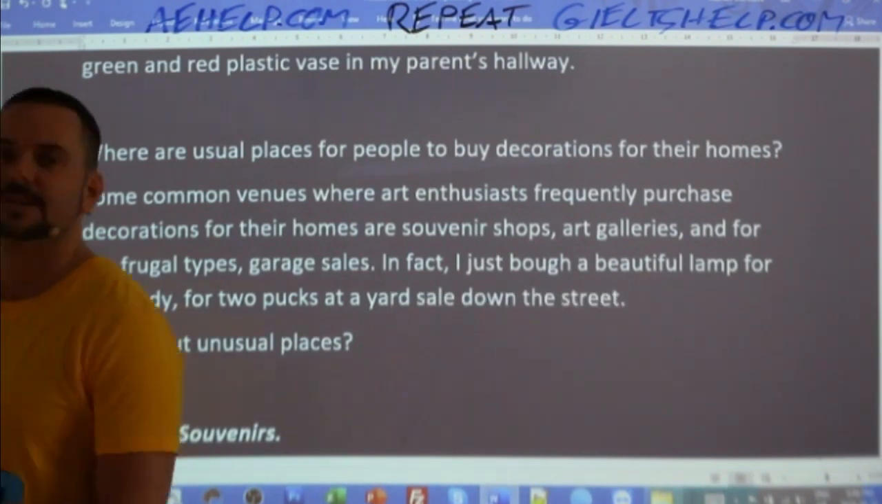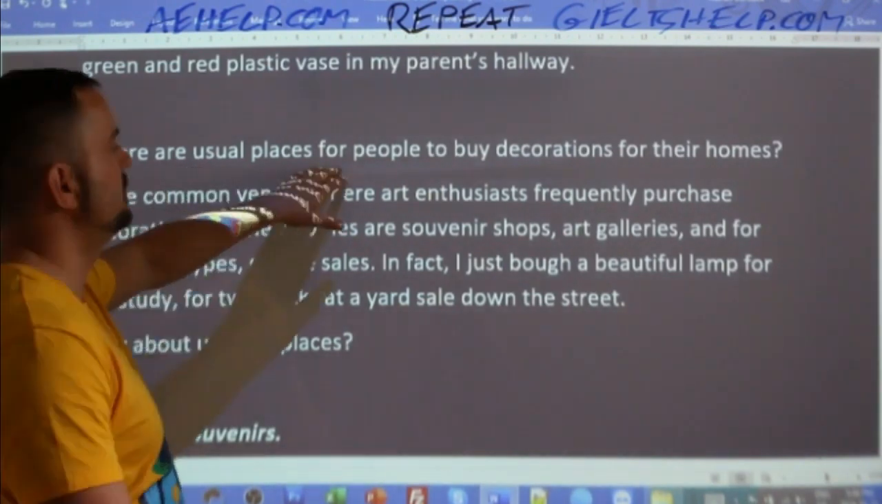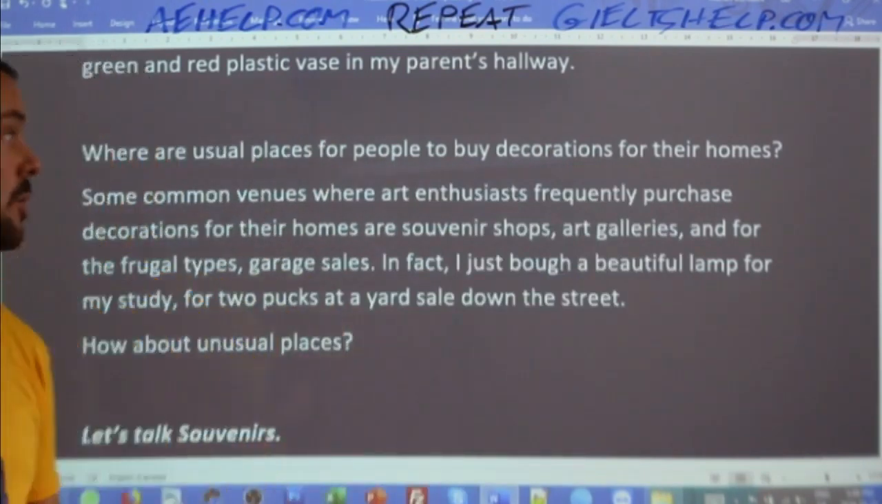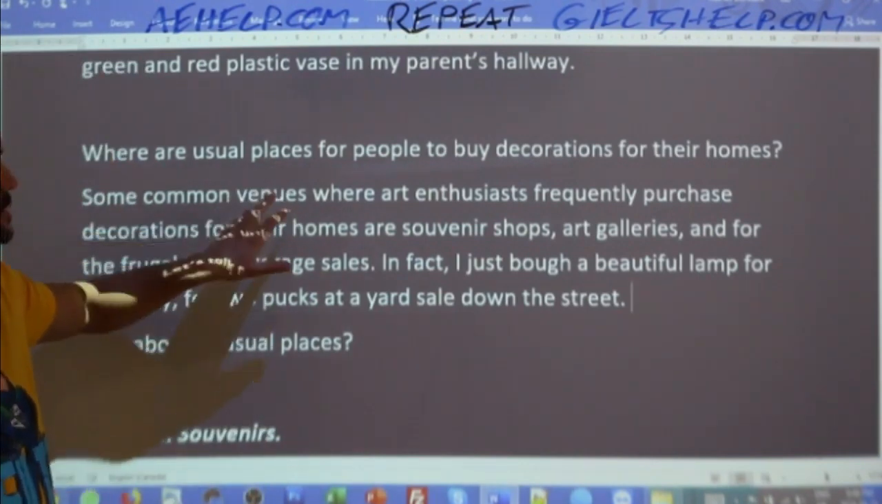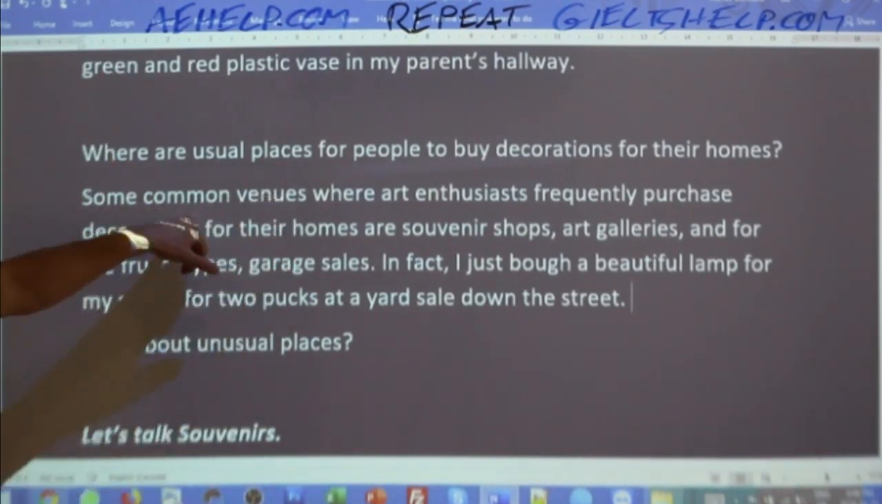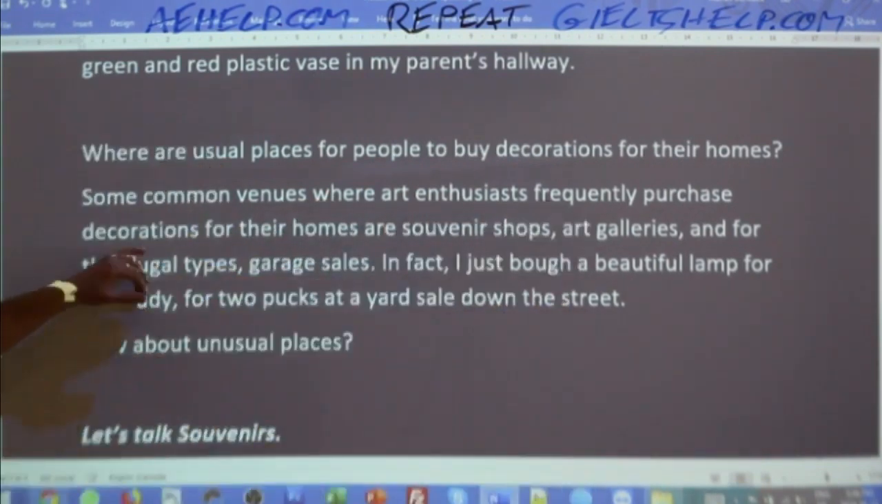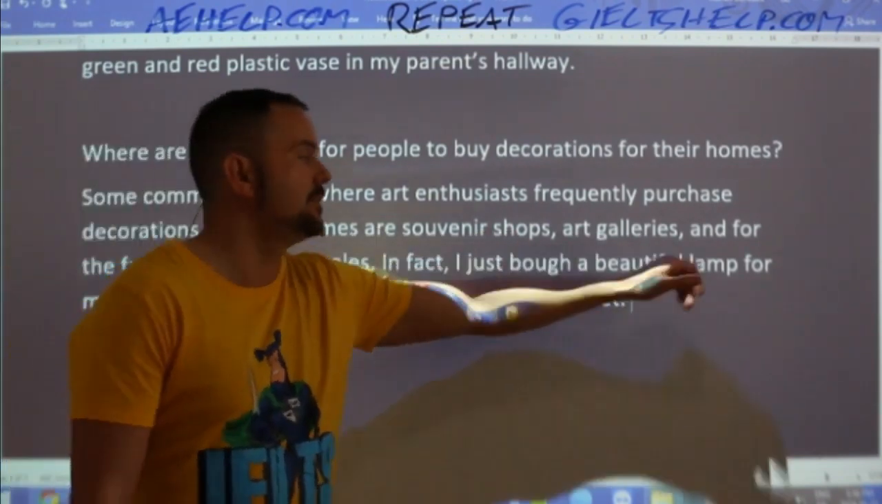All right, so here we go. Rahul, you said art gallery. Good for you. Repeat after me, students. Where are usual places for people to buy decorations for their homes? Some common venues. Venues are places where people buy items. Some common venues where art enthusiasts frequently purchase decorations for their homes are souvenir shops, art galleries, and for the